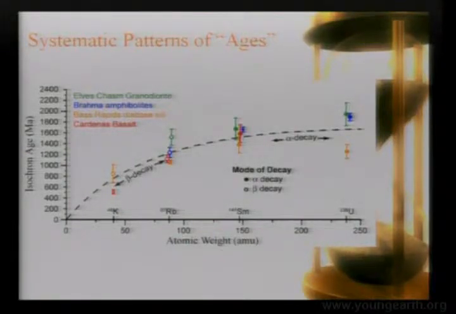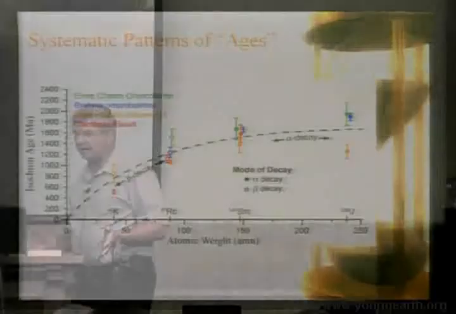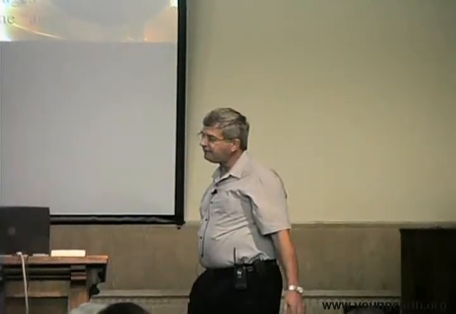Now, why would God allow nuclear decay to accelerate, say, during the flood? Well, the major byproduct, apart from radiation from nuclear decay, is heat. What drives geological processes? Heat. And what happened during the flood was very largely driven by heat that came from inside the Earth, when you had molten material coming up from inside the Earth. The alpha decay ages are always older than the beta decay ages. Often the heavier the atomic weight, the older the age.